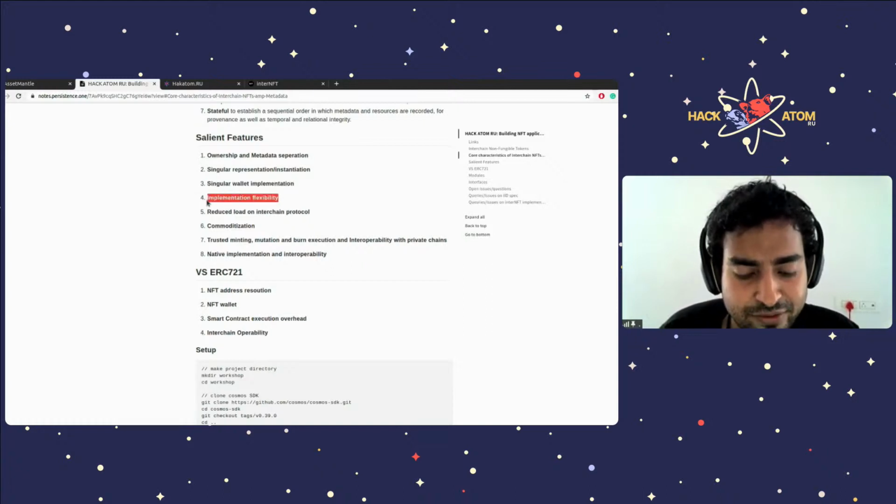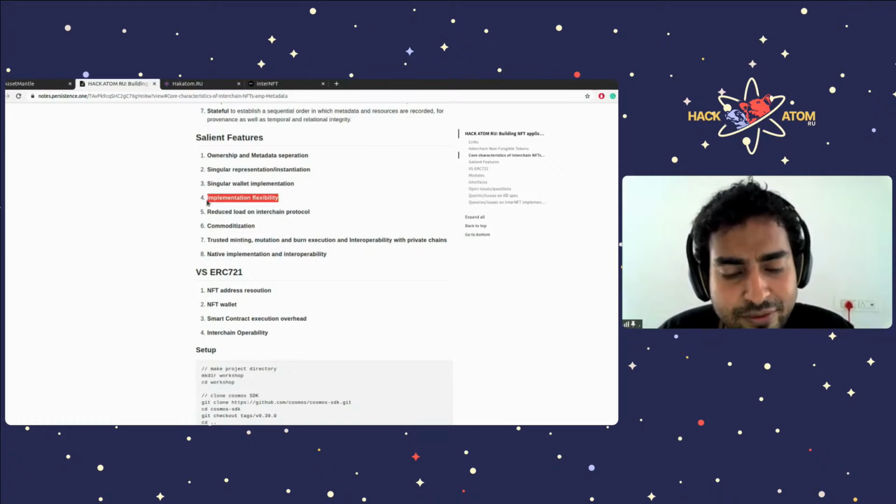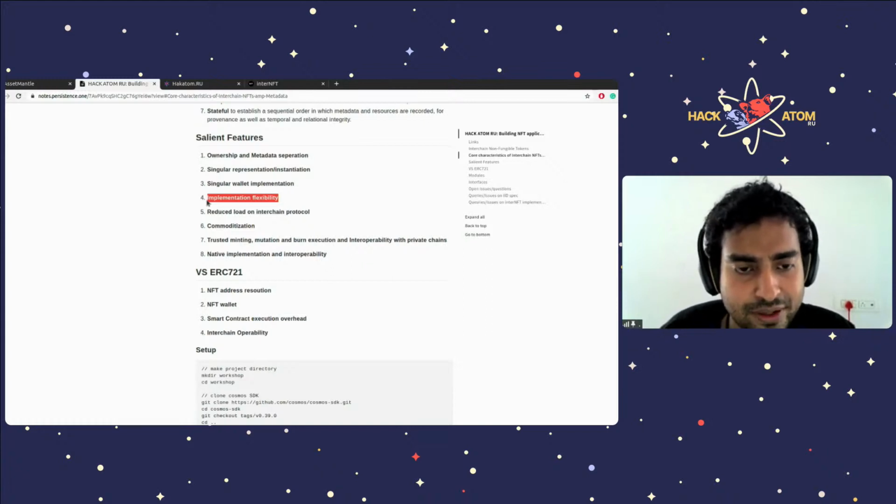There is implementation flexibility, which implies there is an inter NFT interface that is exposed, and anyone can implement this interface. Although the current reference implementation already implements it, if one wanted to modify it a bit, they can do so and have a more flexible implementation of this particular